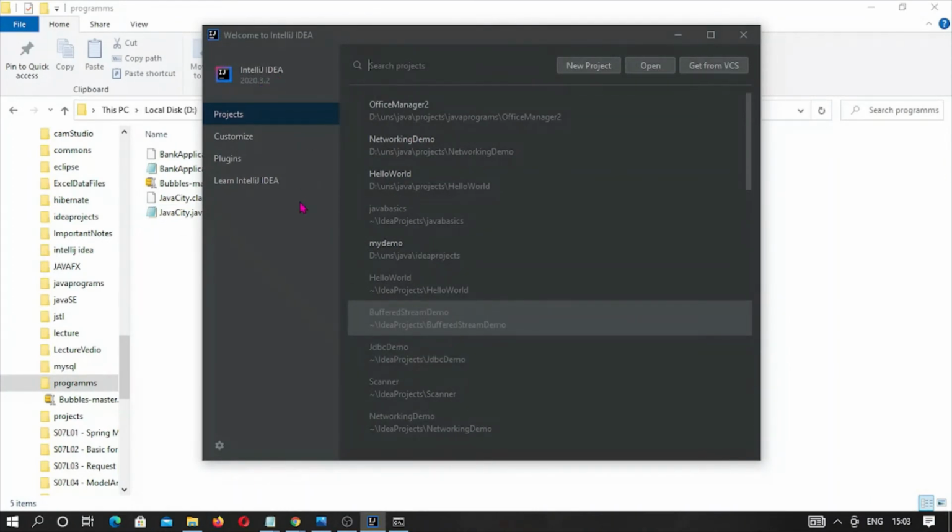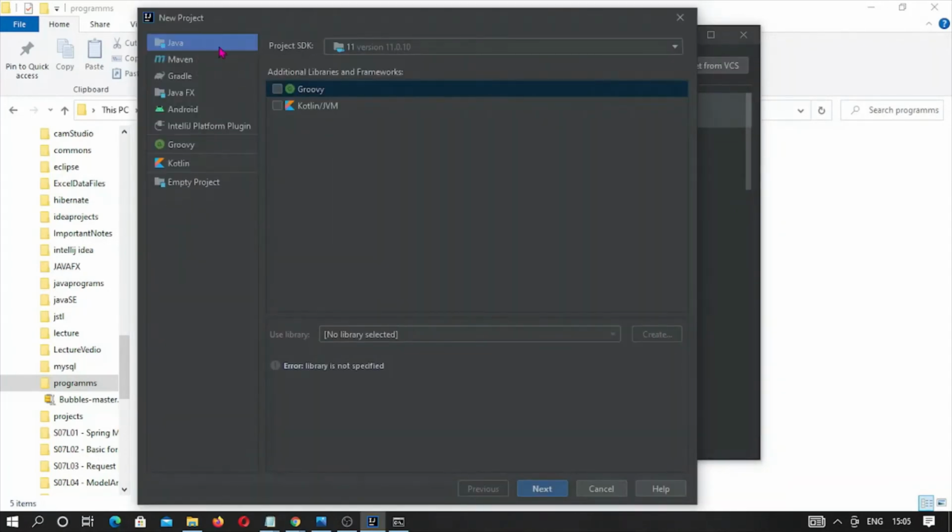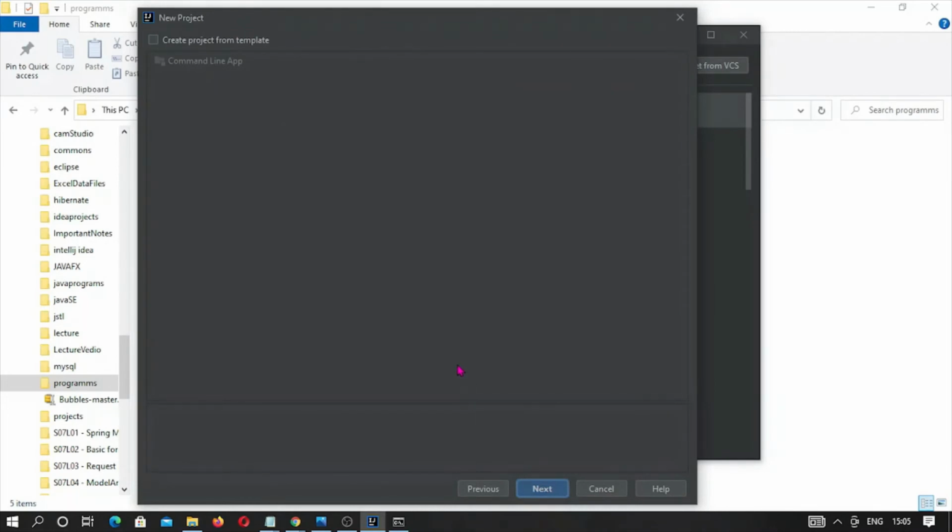I will give a brief introduction about this in my next lecture and try to install it on our machine. I will give you the installation procedure. And now we are going to make the same project and execute it. We open it, and this is Java. Now we click on next and create project from template.